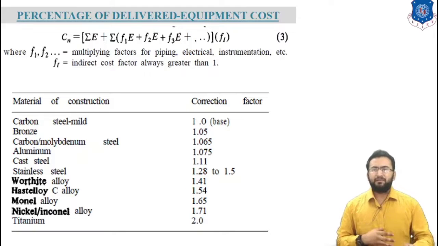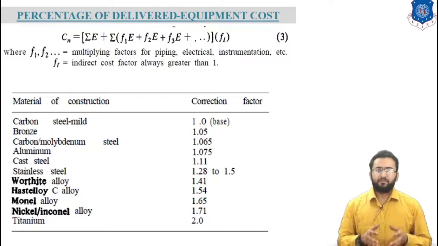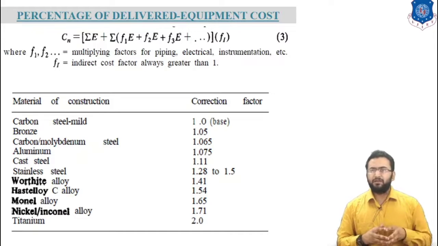This is summarized as this equation, where F1 and F2 are multiplying factors for piping, electrical and instrumentation, and Fi is the indirect cost factor, always greater than 1. The percentage used in making this estimation should be determined on the basis of the type of process involved, design complexity, required material of construction, location of plant, past experience and other items depending on the particular unit under consideration. Average values of the various percentages have been determined for a typical chemical plant and these values are represented